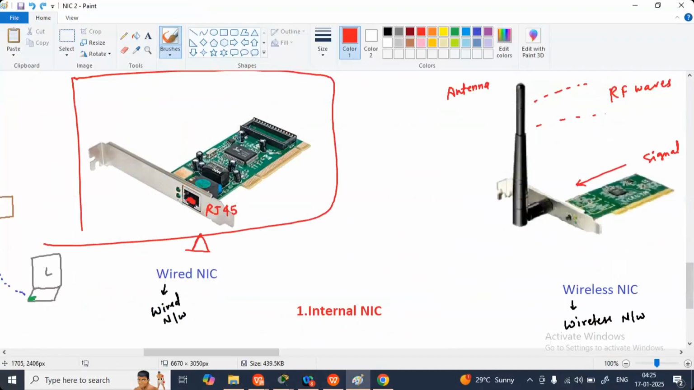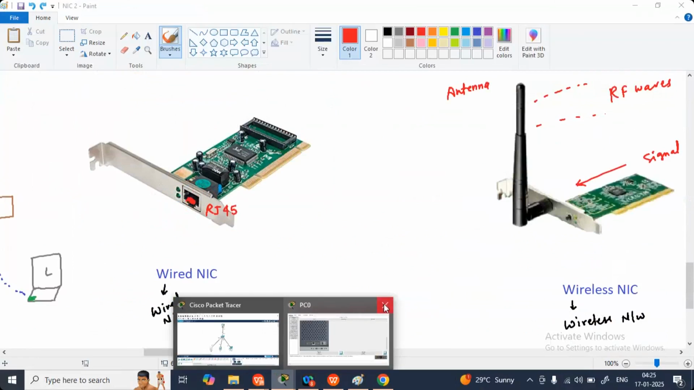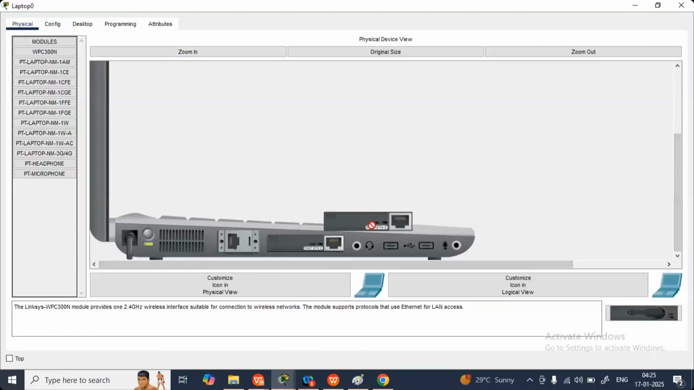So this RJ45 port can be Ethernet or fast Ethernet. Suppose we have fast Ethernet, the speed will be 100 Mbps maximum when you connect your cable. Or it could be gigabit Ethernet. The same on this laptop, you will get your RJ45 port and internal NIC. If this port is not working, we know the laptop has a USB port, so